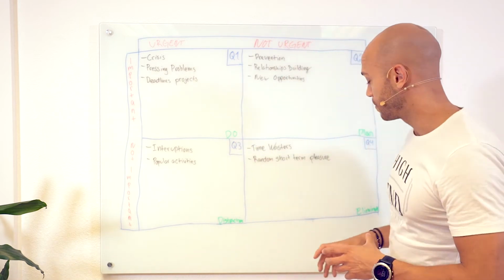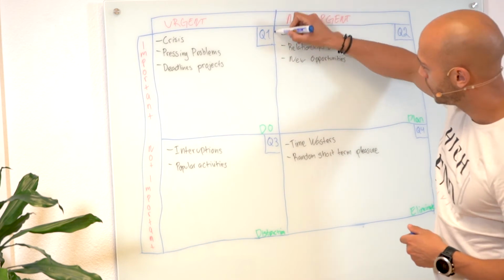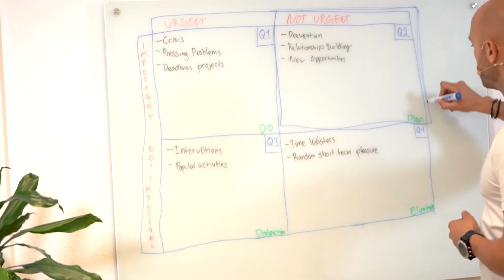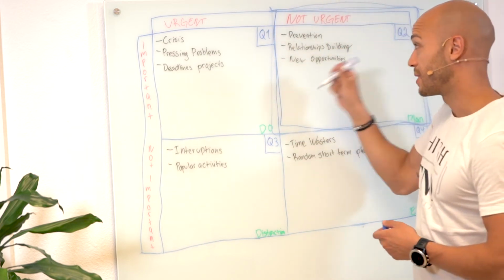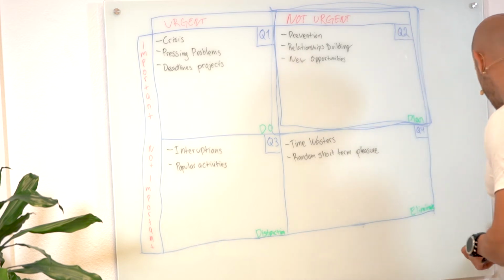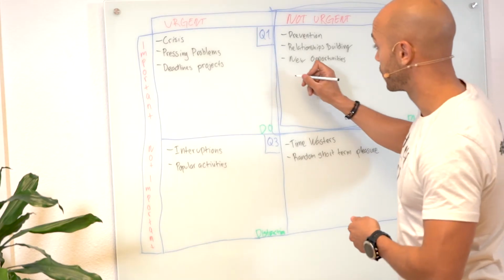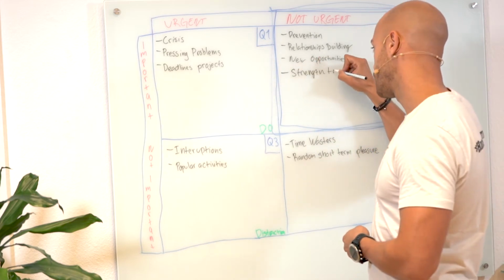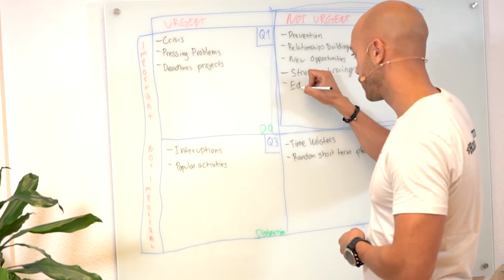The proactive people, we live over here. Here is where you should live. Quadrant 4. Here is where I try to spend most of my time, in the sense of strength training, education, I keep educating myself,